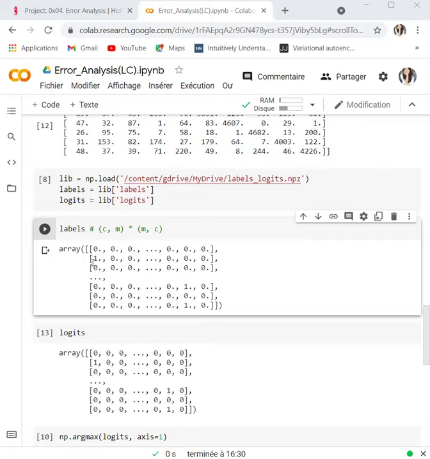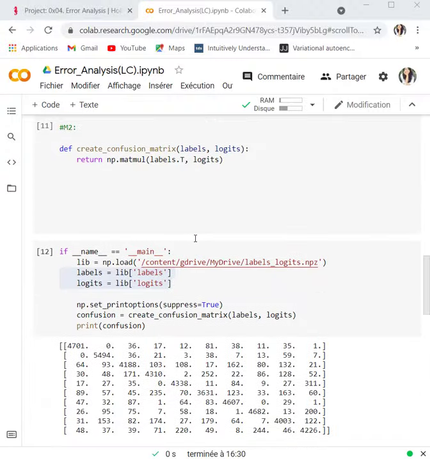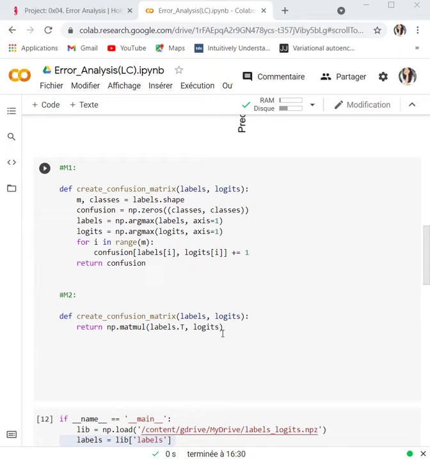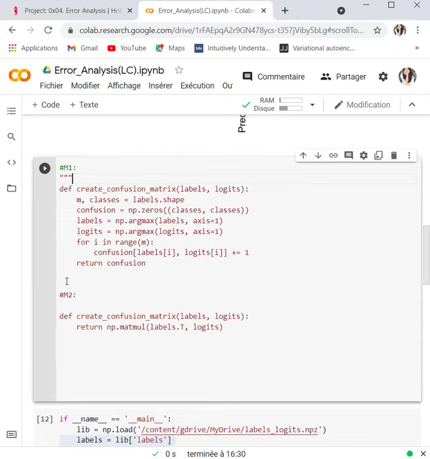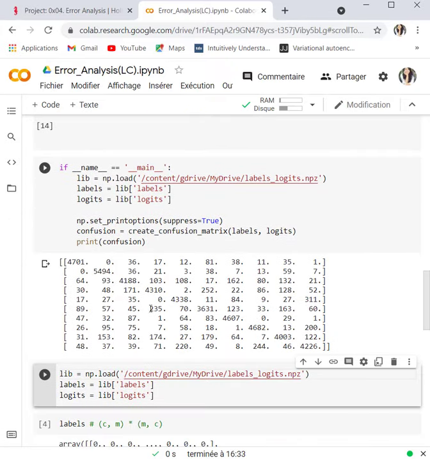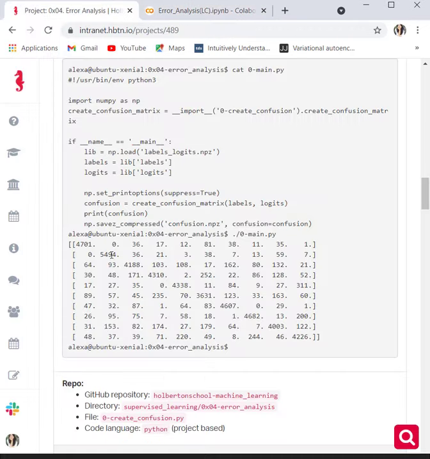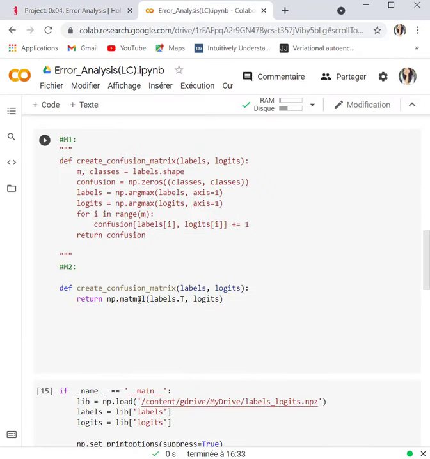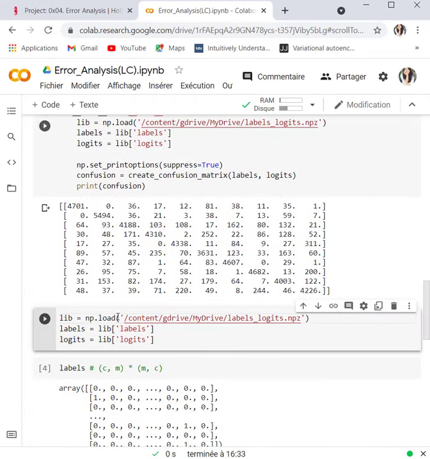So we are going to multiply element by element, and then we are going to do the summation, and this is exactly the thing that we want to do in the confusion matrix. So if we try this, we are going to find the same results as the implementation before. Okay, guys, in fact, the matrix multiplication will give us the same results. It's just as simple as this.